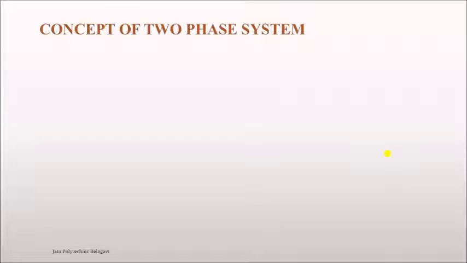So what is this two-phase system? For example, if water is there and you start heating it, what happens? It starts slowly forming into vapor. At a point, below you'll have water, and above that, the water that has absorbed heat has been converted into vapor. So below you have water, and above that you have water vapor. Water is one phase and vapor is a different phase. So two phases are meeting in one piston and cylinder arrangement. Such a system we call a two-phase system. Let's see the concept of the two-phase system.